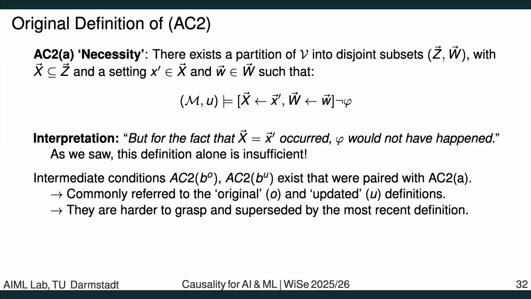And then there is another one, AC2B. For this, there exist two definitions, and those two were originally paired with this first A rule. In the end, we will see that the way we have written down this rule, or part A, is a bit problematic, which made it difficult to define the other two parts. In the end, we will come back and modify this A rule, and then we will only need this one rule to make our reasoning work.